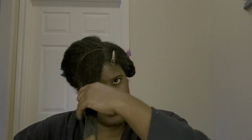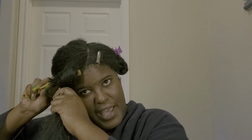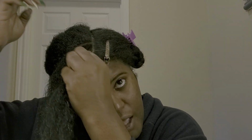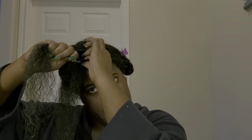I like using a bristle brush when I'm doing something like this because A, it sort of gets the hair nice and smooth. B, I think it gets the product through really, really well. And I can sort of give my hair the directionality that I want. If you wanted to, you could just lay this down like this, let this dry, let your natural texture shine through, and just wear that part down. But I don't want no hair in my face, so we're not gonna do that. So just gonna grab this section,